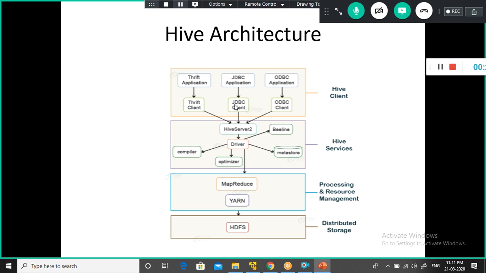When they submit the SQL query, it calls the driver. The query will be accepted by the driver. You have something called the driver. What the driver does is it accepts the query and creates something called a session handle for the query, and then it passes the query to the